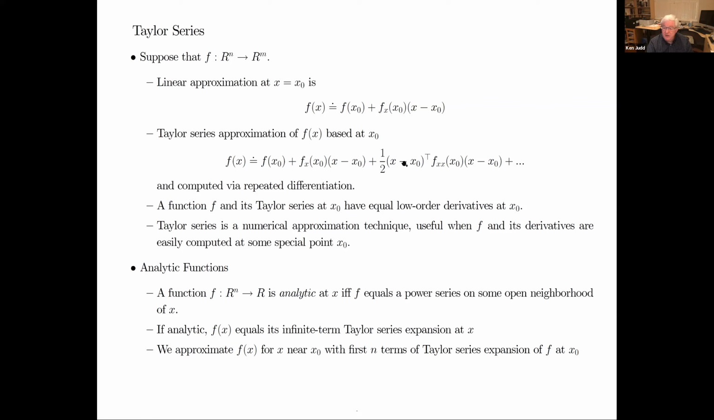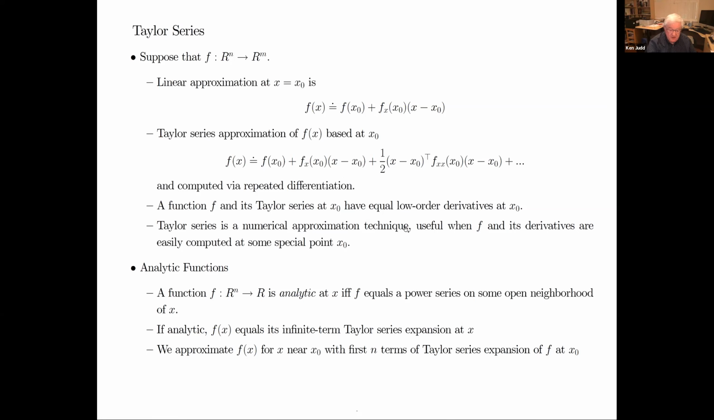By the way, when you get into doing serious things, you leave this and go into what's called Einstein notation, with upper and lower indices. I'm not going to expose you to that today. And so what happens is that a Taylor series approximation is just this